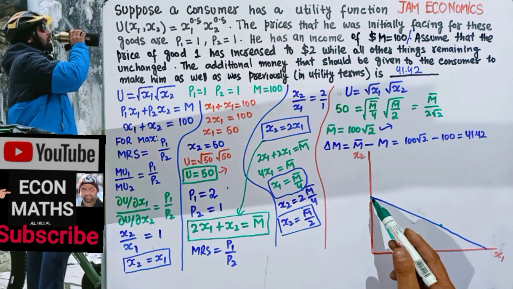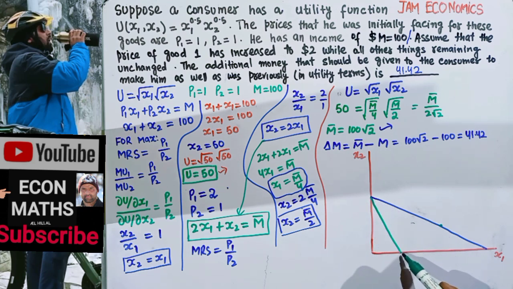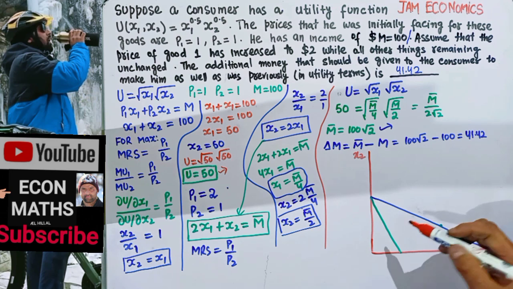Now the budget line will pivot towards the left because the price of good x1 has increased. Quantity of x1 will decrease obviously. The question was telling us how much extra money we want to give to the consumer so that he feels as good as he was earlier. So for that, what we do, we simply shift this